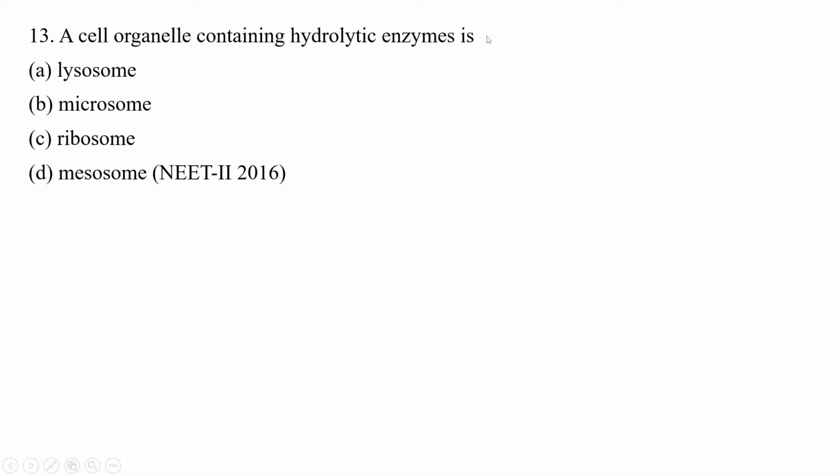So next question: a cell organelle containing hydrolytic enzymes is. Four options are given. You have to choose the correct answer for this question. Option A, lysosome. Option B, microsome. Option C, ribosome. Option D, mesosome. Four options are given. You have to choose the